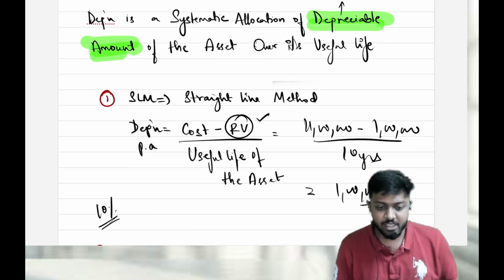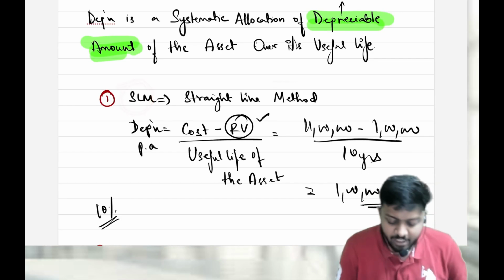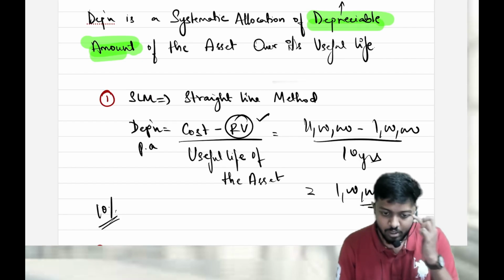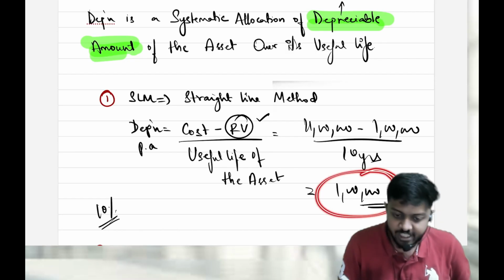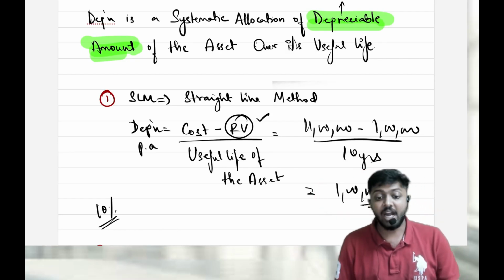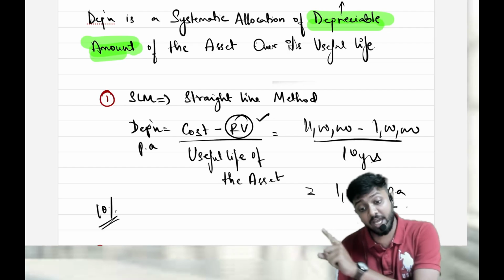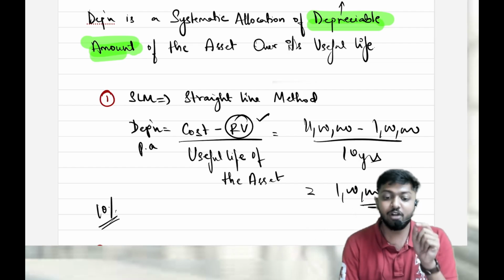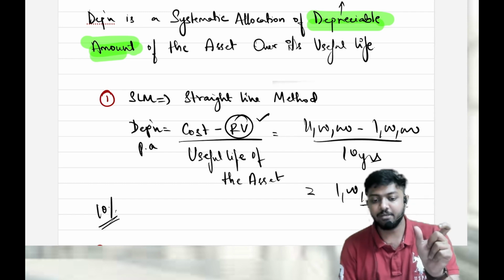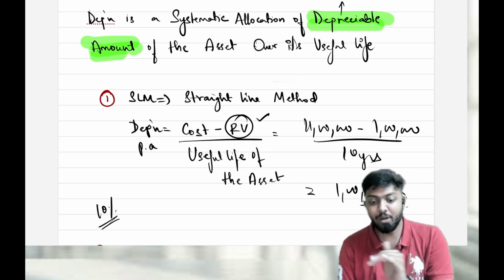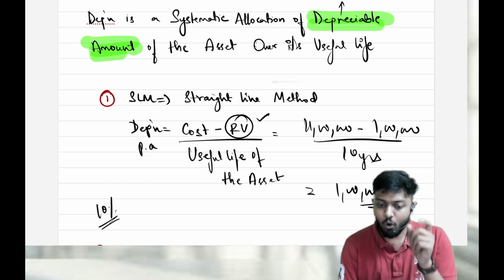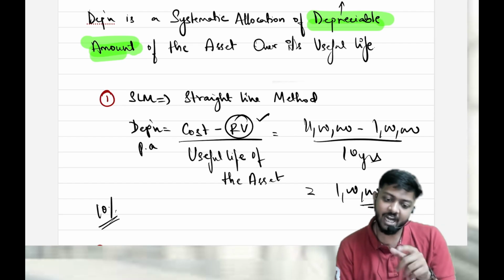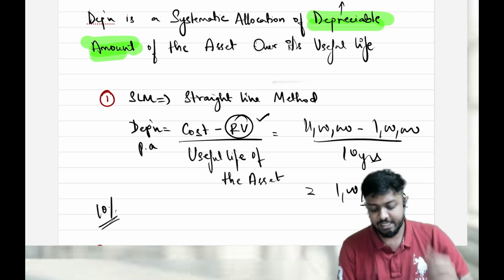Now, how to calculate the depreciation amount? We have various methods. The first one is SLM, the straight line method. How to calculate? Cost minus RV divided by useful life. If you do that, you automatically get the depreciation that we are supposed to charge every year. Under SLM, the depreciation amount will be the same every year. If in the question they have given any percentage, that percentage should always be applied on the cost of the machine every time, no matter which year you are in. Only when you apply the percentage on cost every time will you get the same depreciation, and under SLM, depreciation will be the same.